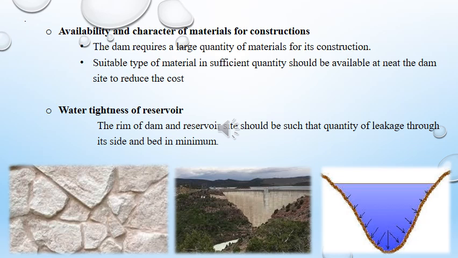For a concrete dam, if natural material or good rock is available for coarse and fine aggregate, it is desirable. So, if limestone is available nearby, it may be possible to replace Portland cement partially or